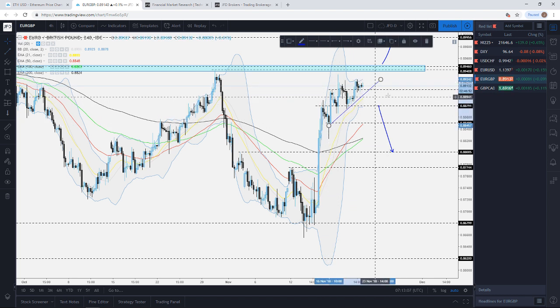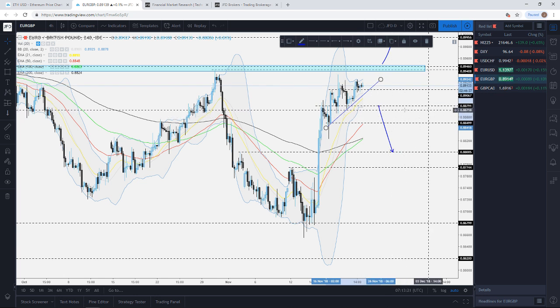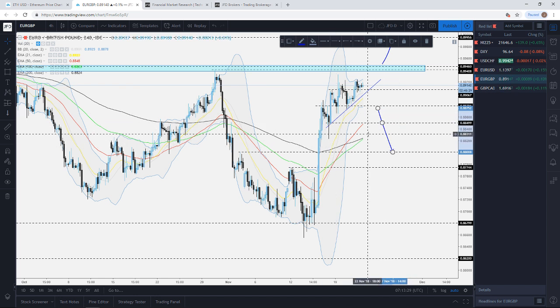Now, in a way, you could keep an eye on it. It's a bit of a tentative one, to be honest, but nevertheless, if we do get a break here below this line, certainly not all is lost for the bulls. But if this travels back down below the 0.8880 area, now this is where the alarm bells could start being hit by the bulls. Of course, we could see the bears jumping in here,